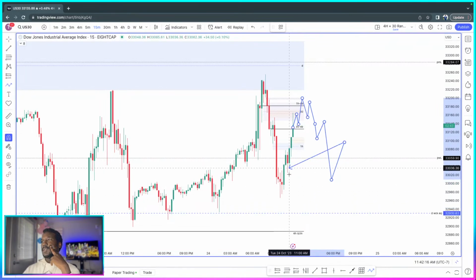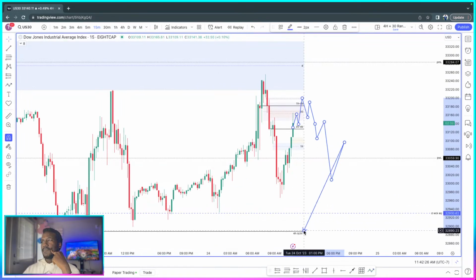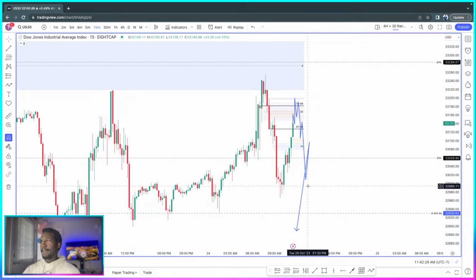because there's no inefficiency. Nothing here, nothing here, nothing here, nothing here. So taking these lows should be a walk in the park, up to this zone right here where we have a high time frame